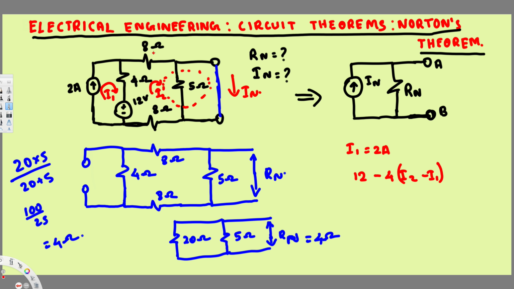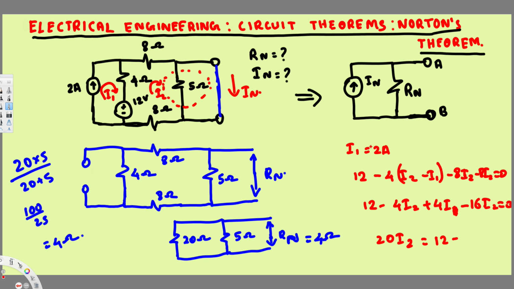And then this I2 is going through this 8 ohm, so we are going to have minus 8 I2. And then this 5 ohm does not exist, then it goes through this 8 ohm resistance in the bottom, so that's going to be again minus 8 I2, that's equal to 0. Now let's simplify this one. 12 minus 4 I2 plus 4 I1, and minus 8 I2 minus 8 I2 is minus 16 I2, equal to 0. And here we have minus 4 I2 and minus 16 I2, that's going to be minus 20 I2, and this one is I1, right? Minus 20 I2, I can move that to the other side, so that's going to be plus 20 I2. And on this side we have 12